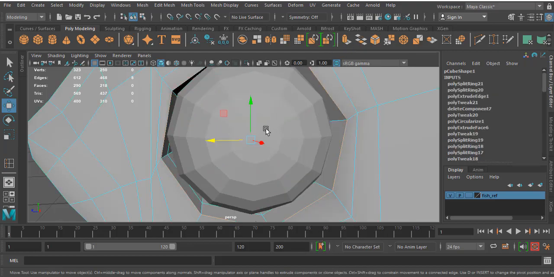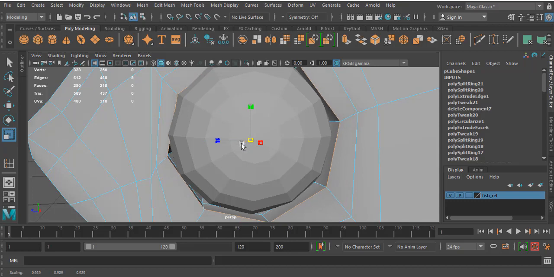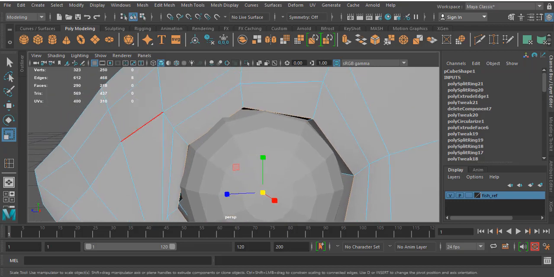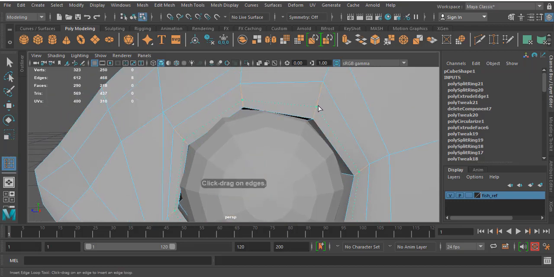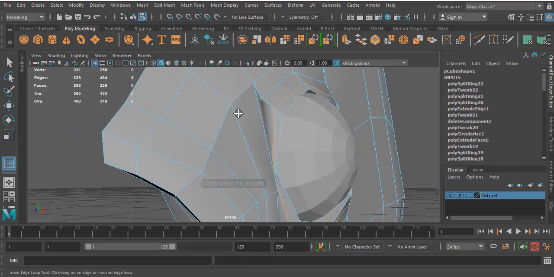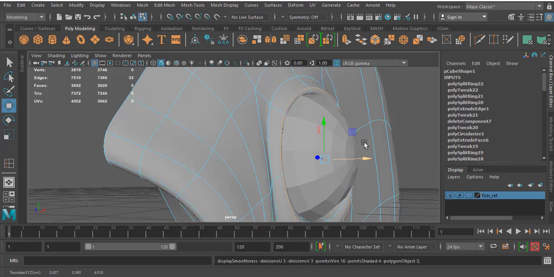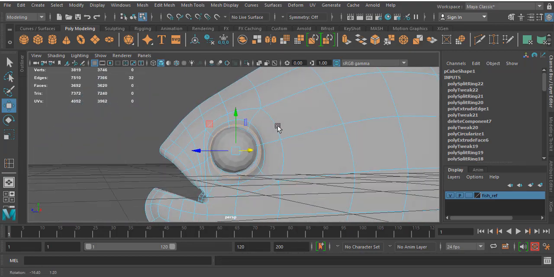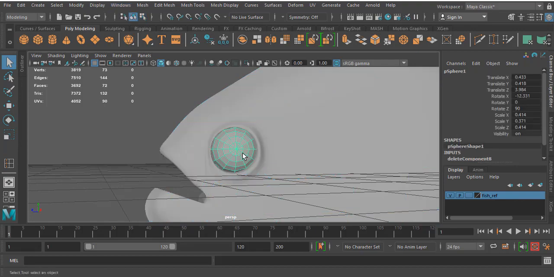This eye also. Select these edges. Click one more edge over here using insert edge loop tool. Slightly move it outside. If you press 3 and just check this one, how it will be.